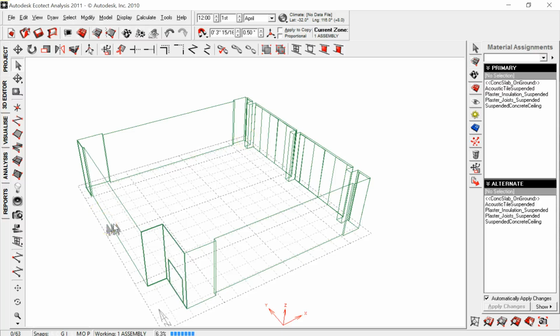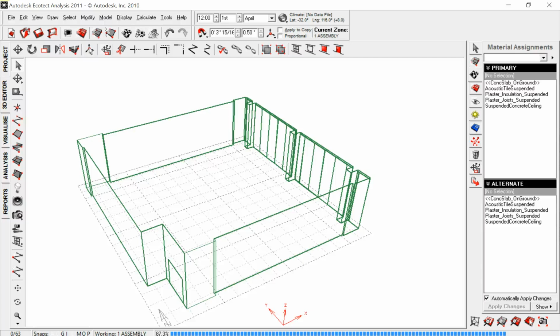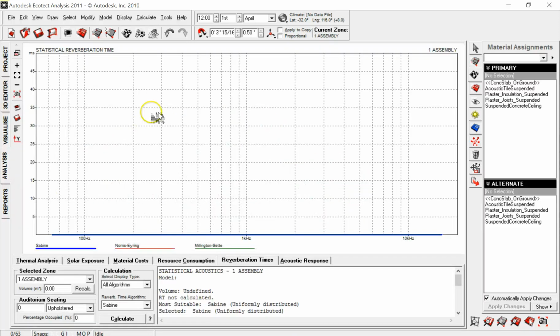You can see it's running down here and giving you a percentage update. Once it's done,